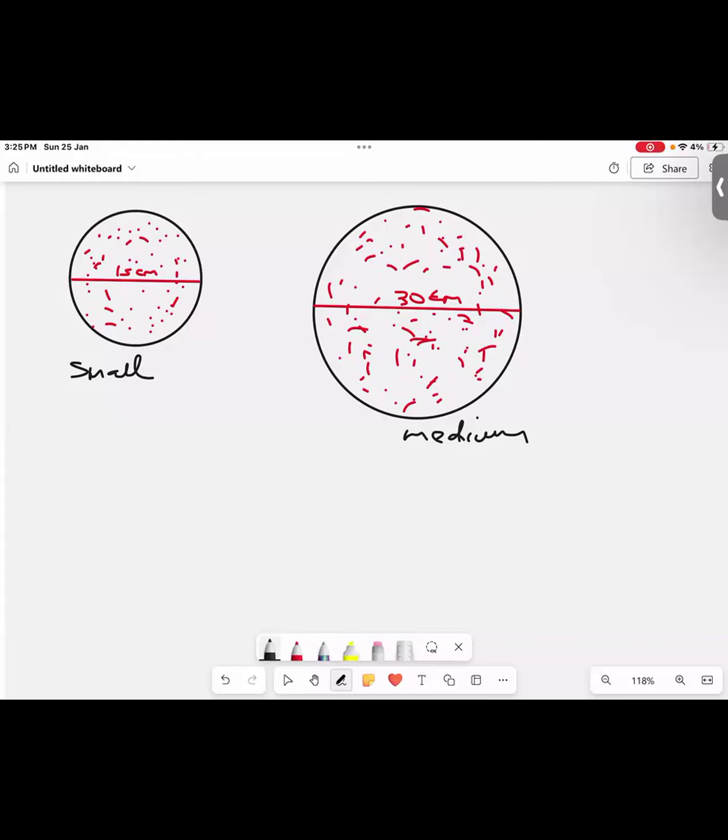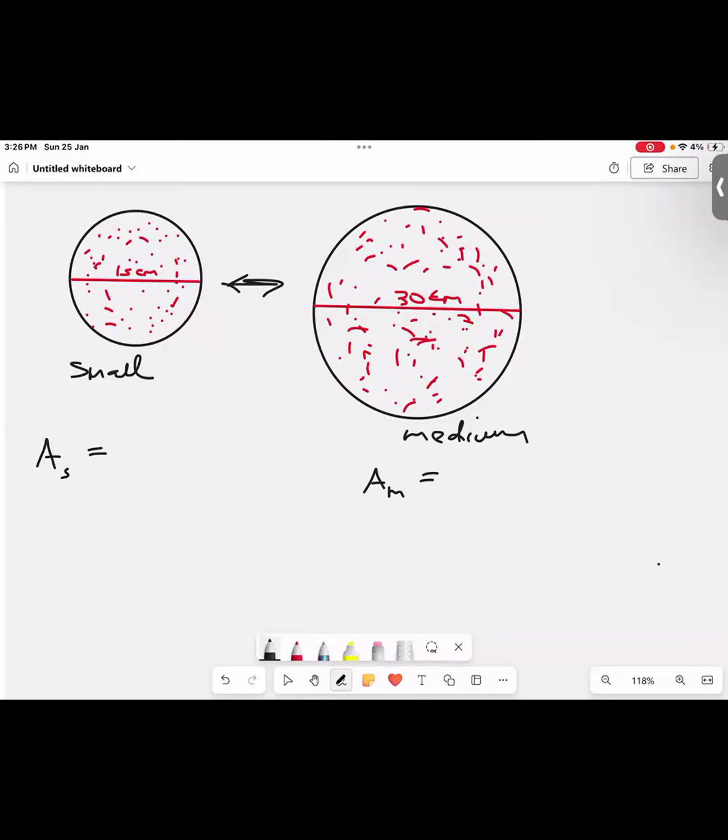All right, so let's figure it out now. We don't know, let us figure it out. In order for us to figure this out, ladies and gentlemen, we have to consult the area of the pizza. So you'd have to find the area of the small pizza. We're going to call this AS, area of small, and we're going to call this AM, area of medium.